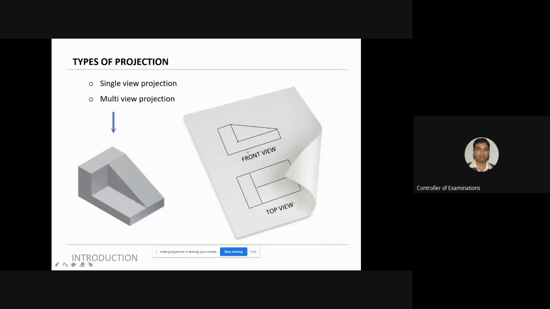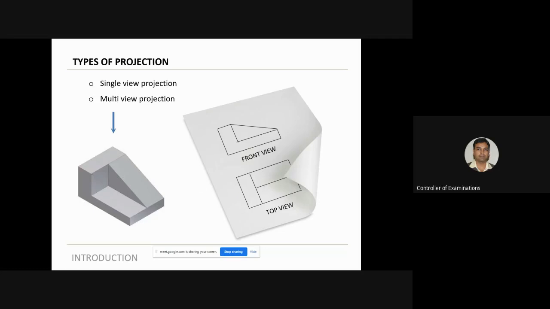Now you might be asking, it is very difficult. See, the object is looking like this. It's a 3D object. In the front view, it is looking in another way. In the top view, it looks different. So how to make sense of it? It is very difficult. That is why to represent any object or to understand any 3D object completely, one view is not sufficient. This is very, very important. Only if you draw the front view of this object or the top view of this object, it is very difficult to make out how the object actually looks like.